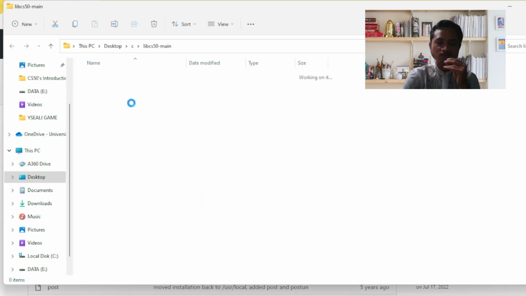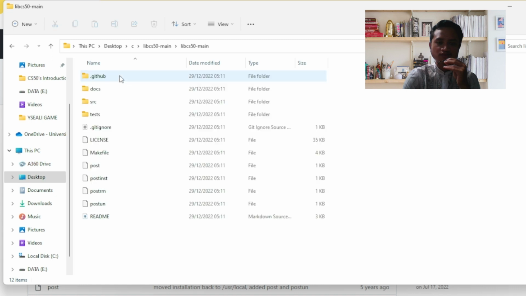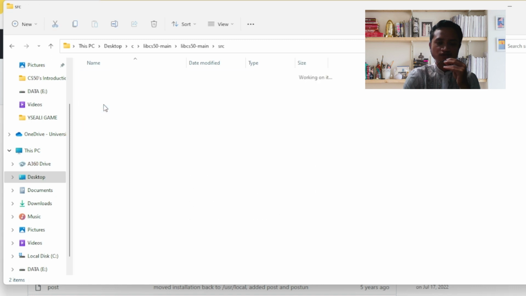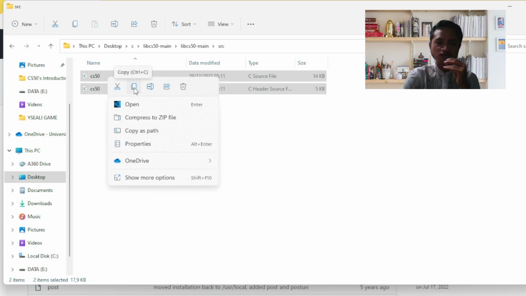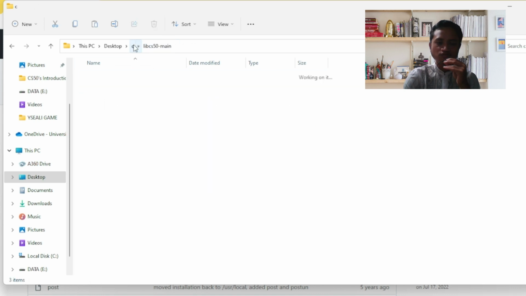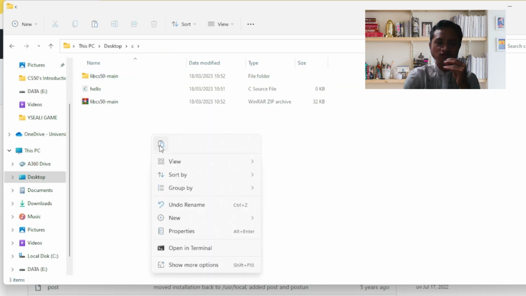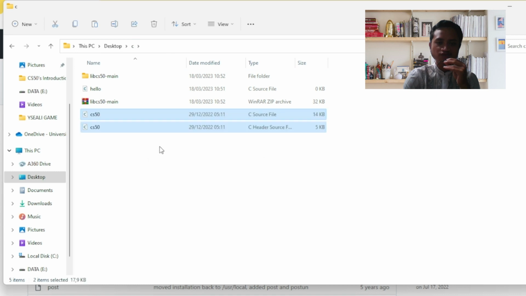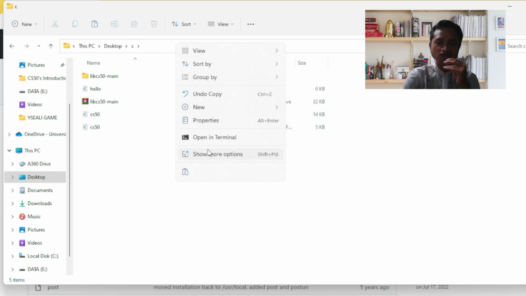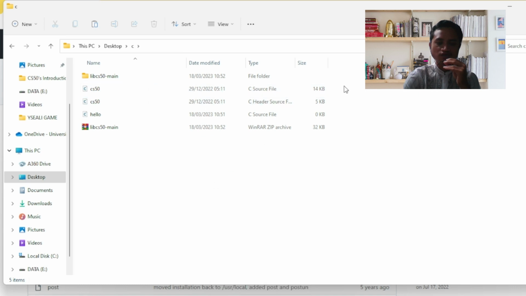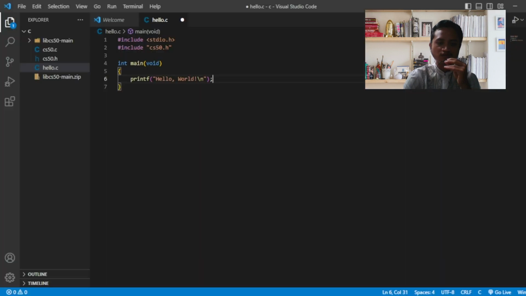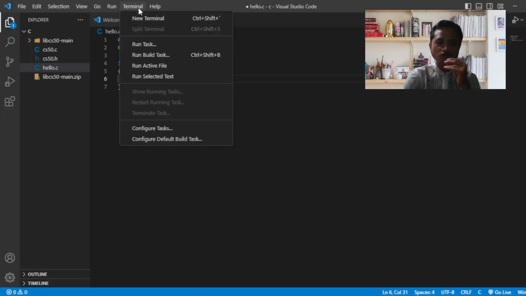Then open again, open src and copy both of them to the C directory or C folder. Yeah, we make sure it's the same directory or same folder. And then open VS Code again, open in terminal,